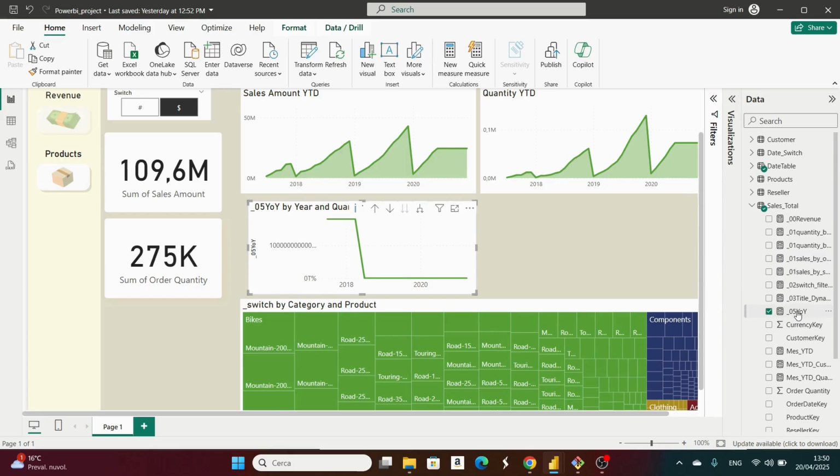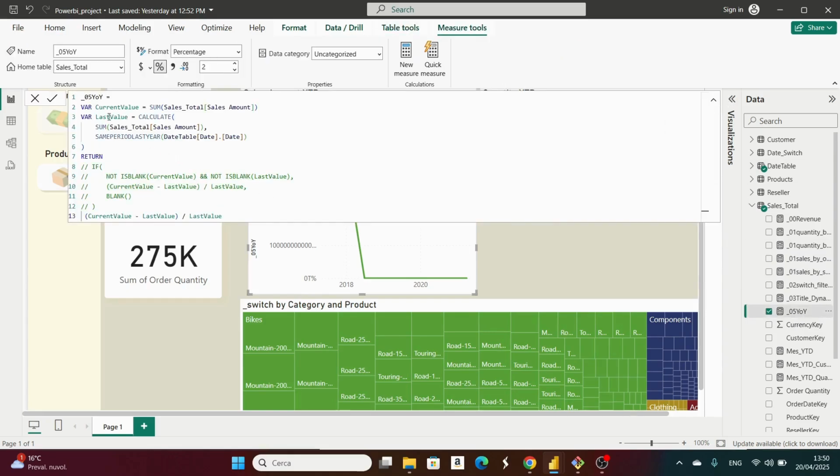So what we're going to see today is how year over year works and what it does. Year over year, as we said before, takes the previous value and the current value, and finds whether your performance is evolving or getting worse, right? So you have the current value here, because remember how it works in Power BI. You have the row context, the filter context that is taken based on the context. You're filtering your data, so based on the context, you're taking the sales amount, and then you're calculating the